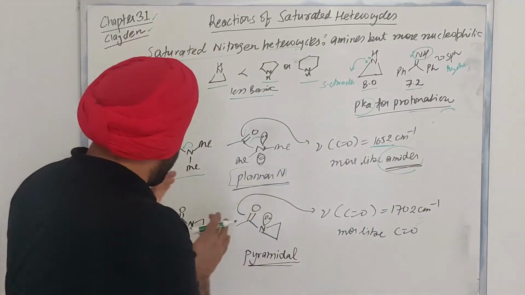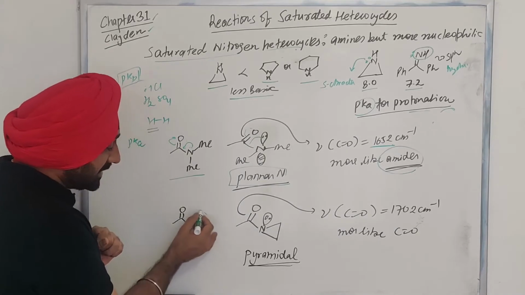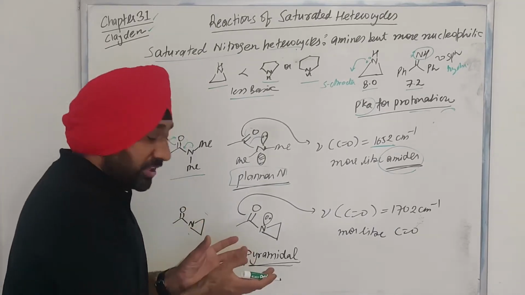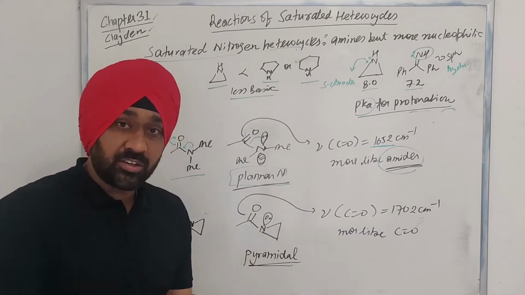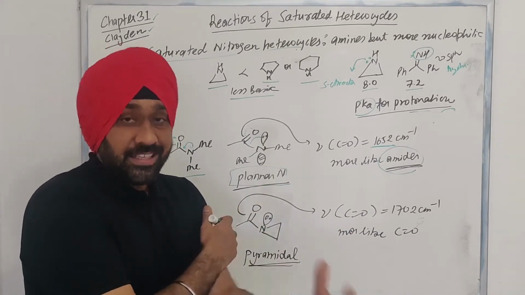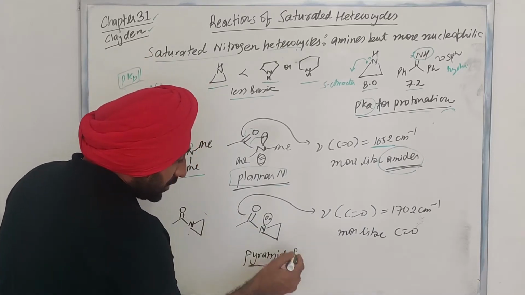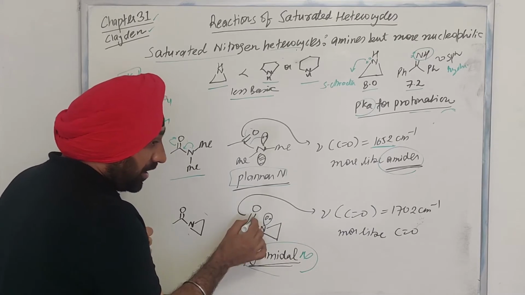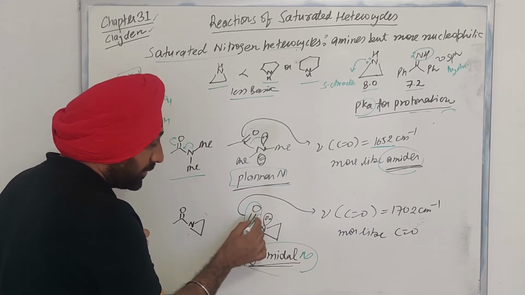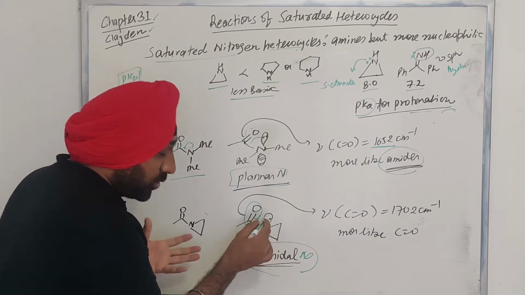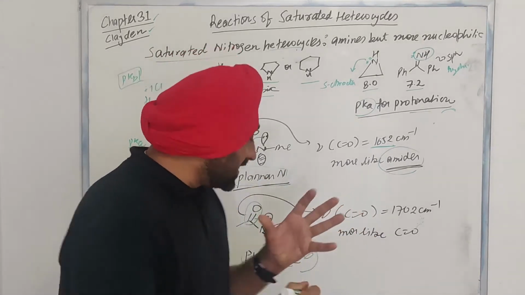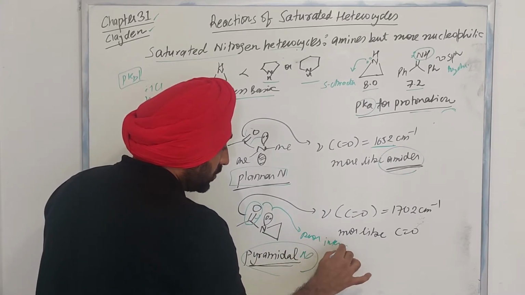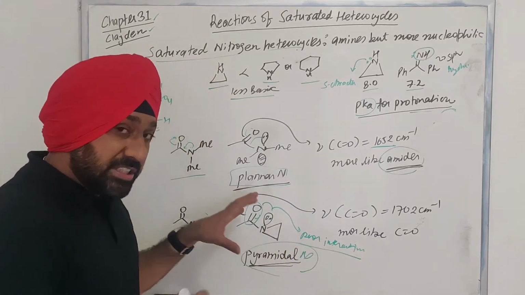of an amide. But in the case of when you have this cyclopropane ring, aziridine ring attached to the carbonyl, unfortunately what is happening, because these lone pair of electrons have more of an s character, this nitrogen is pyramidal. So the plane in which this carbonyl is and the plane in which this lone pair of electron is, between them there is a very poor overlap, a very poor interaction, you can say poor interaction or poor overlap,